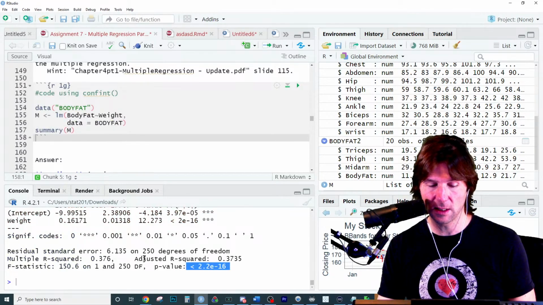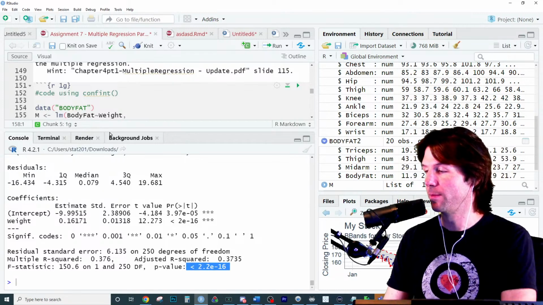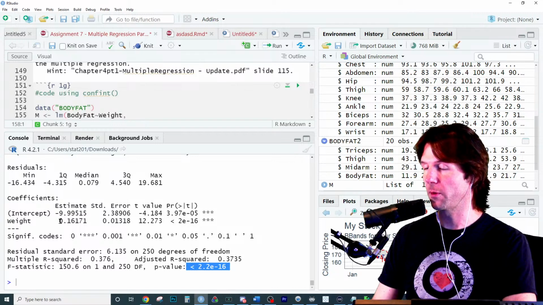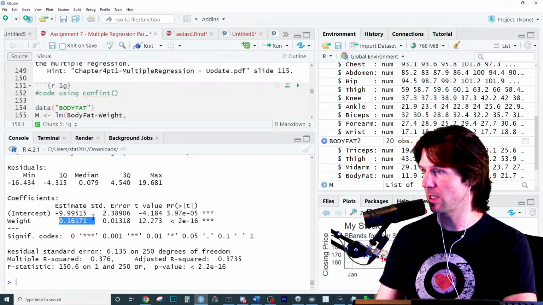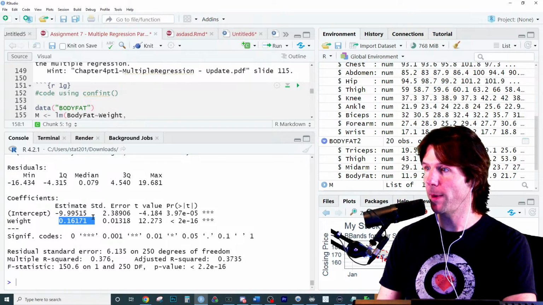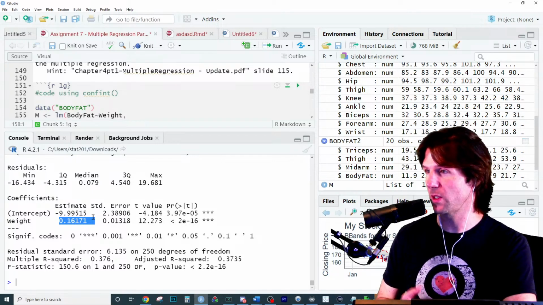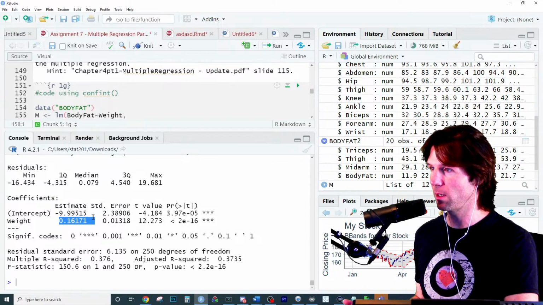The model is statistically significant. And here's how we have to interpret it. Get ready. Two individuals who differ in their weight by 1 pound are expected to differ in their body fat by 0.16, where the individual with more weight is expected to have a higher body fat. I'll repeat that again. Two individuals who differ in their weight by 1 pound are expected to differ in their body fat by 0.16, where the individual who weighs more is expected to have a higher body fat percentage. Does that make sense? Meet and Zoe and Abby, make sure you know that.